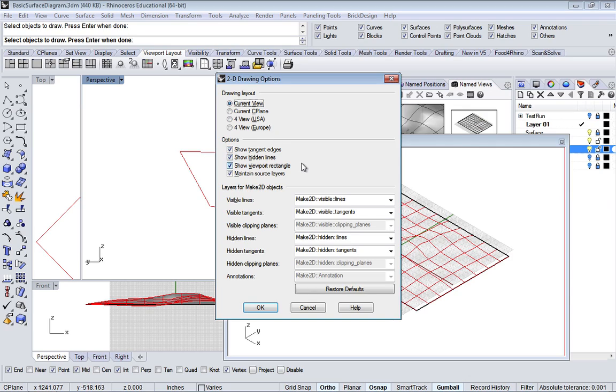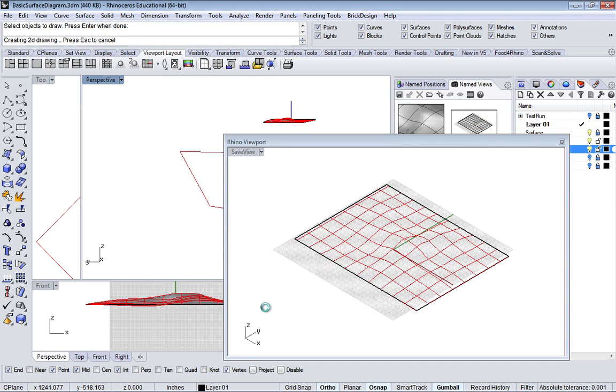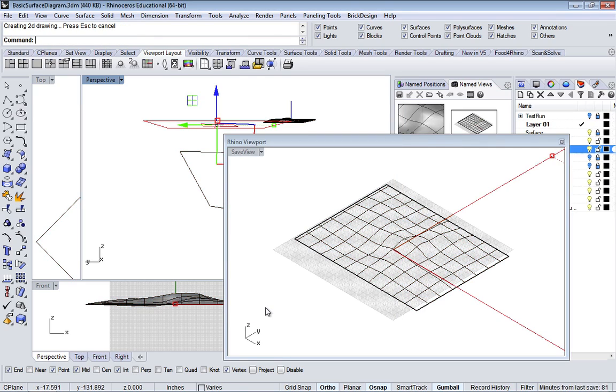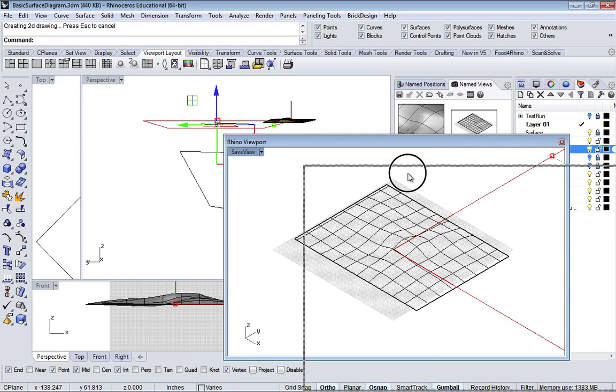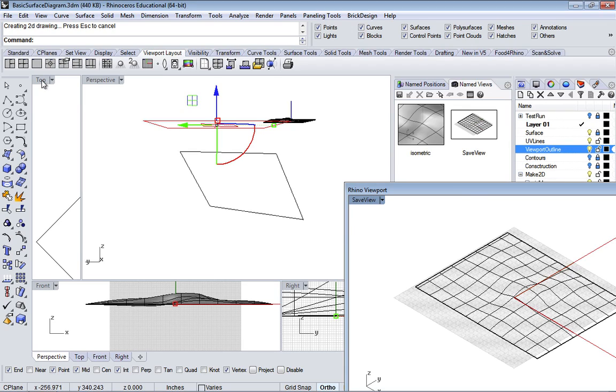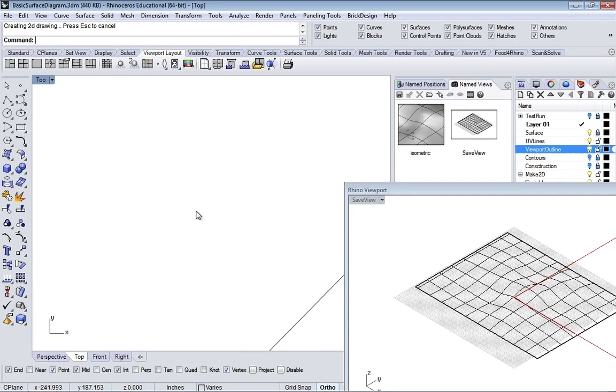The other thing we want to make sure of is that we have the tangent and hidden lines, and then we have some options here, but we're just going to leave it all as it is. Click OK. It's going to take a minute to process. So now, if we go over to our top viewport, zoom out,